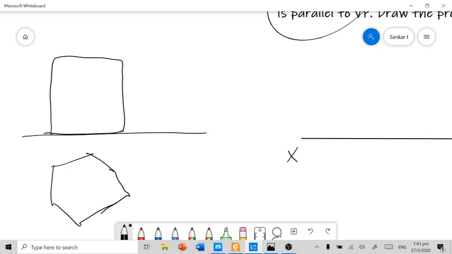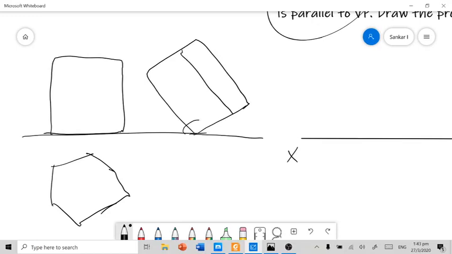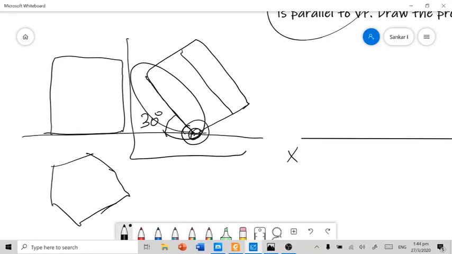So this is your pentagonal prism. It's resting on HP in this way with one of its base edges, and at the same time the rectangular surface containing that resting edge makes 30 degrees to HP. So this is nothing but the final resting view of the pentagonal prism.